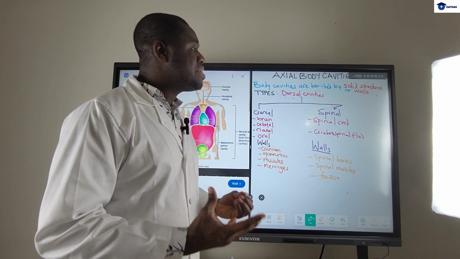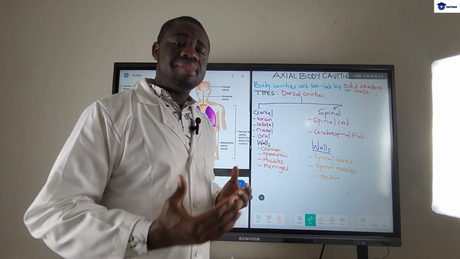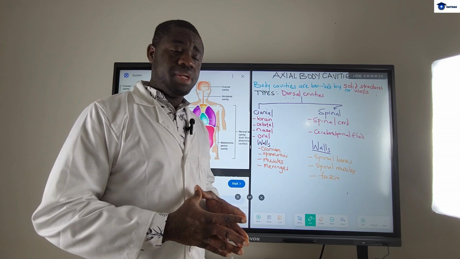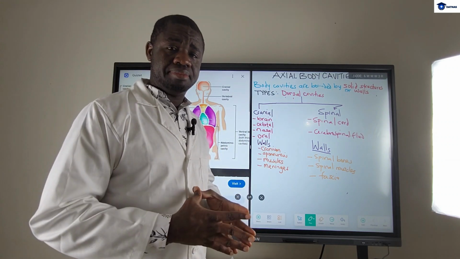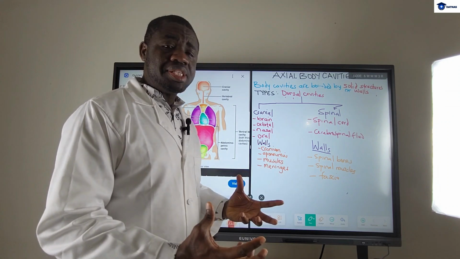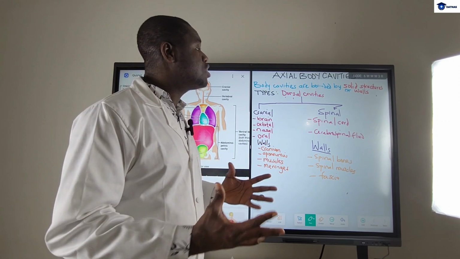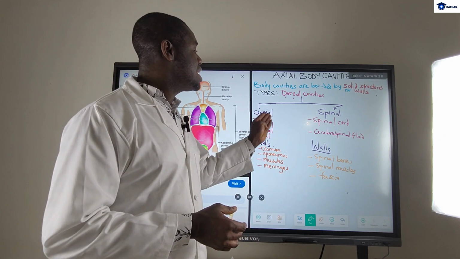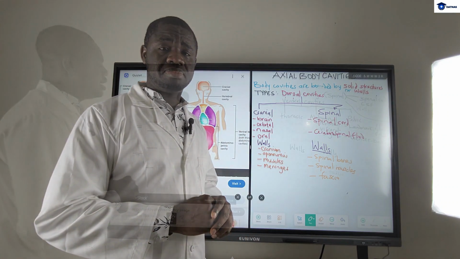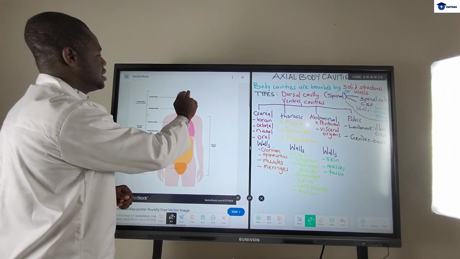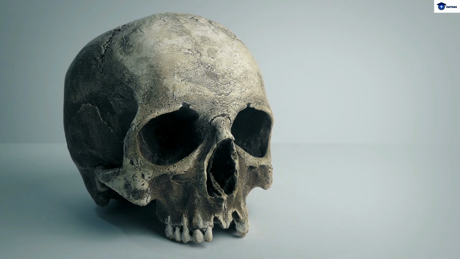Dorsal cavities are the cavities that are located in the back. The word dorsal means from the back. There are two cavities in the dorsal part of the body. We have the cranial cavity and the spinal cavity. The cranial cavity includes the brain